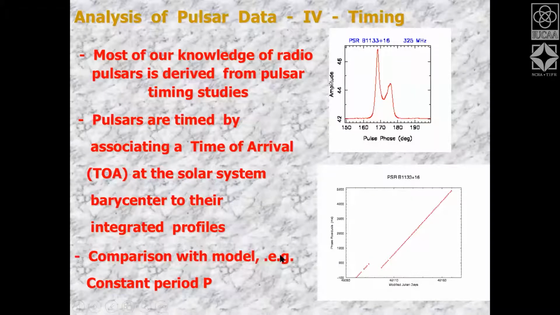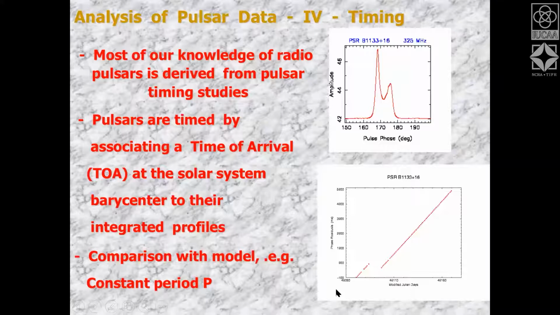Then what you do is you know that the pulse is being emitted by virtue of the rotation of the star. So you make a rotational model of the star. You say that the rotational frequency of the star is omega, and this frequency is changing as omega dot. So this is the simplest rotational model of the pulsar. Okay. So given some assumed value of this rotational model, you predict a time of arrival of the pulsar. And you compare your predicted time of arrival with the observed time of arrival and find the difference between the two. The difference between the two is called the phase residual or timing residual.